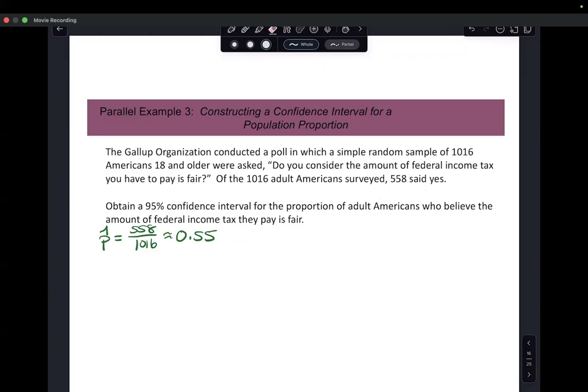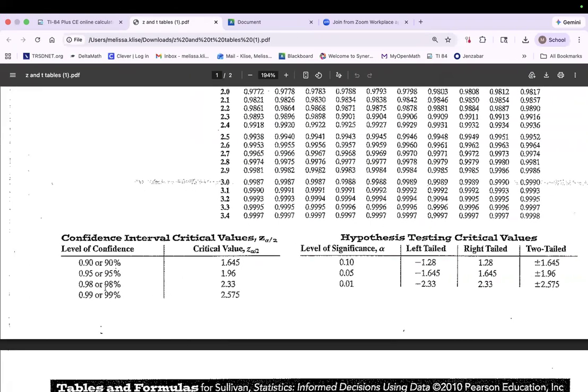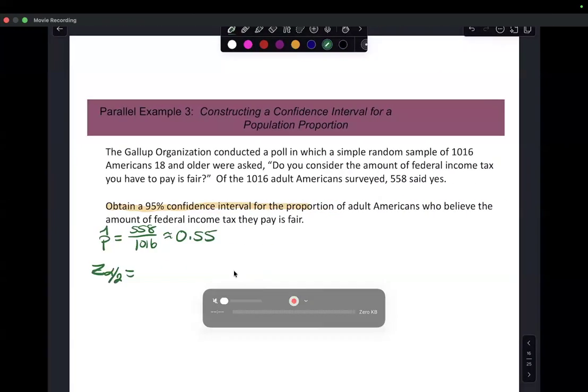All right. So now let's calculate our standard, or actually, let's find our z-score first. So right here it says we are conducting a 95% confidence interval. So we're going to get our critical value. z sub alpha divided by 2 equals, let's bop over to here, 95%. We're at 1.96. That's the critical value that we're looking at. Bop back over.